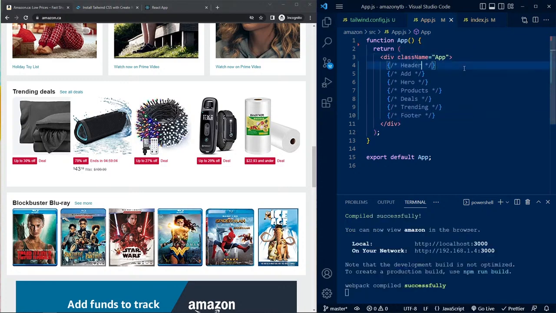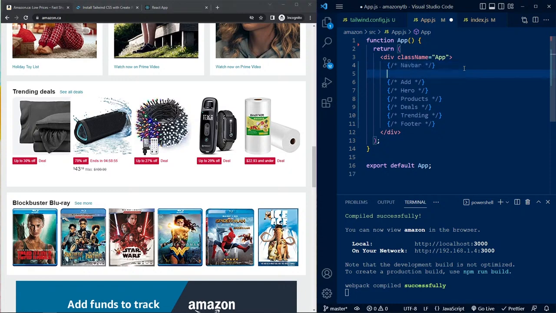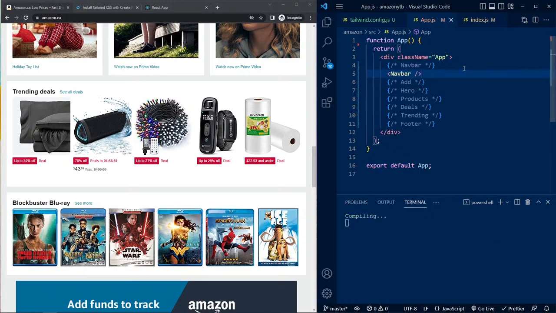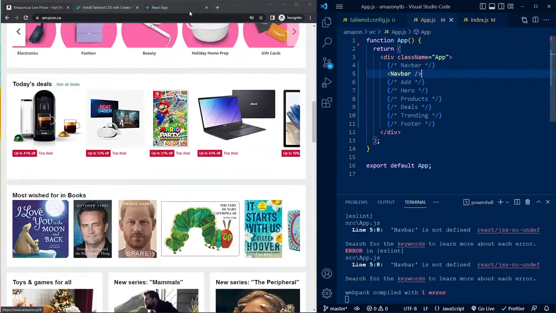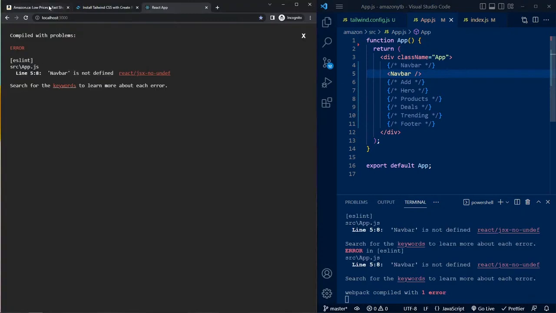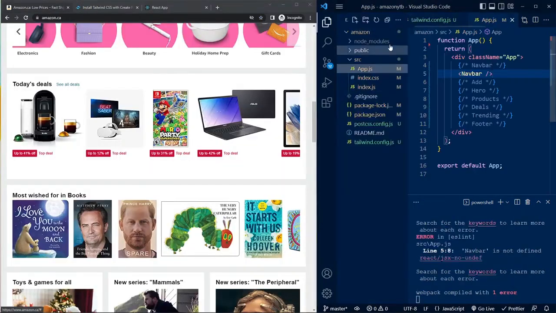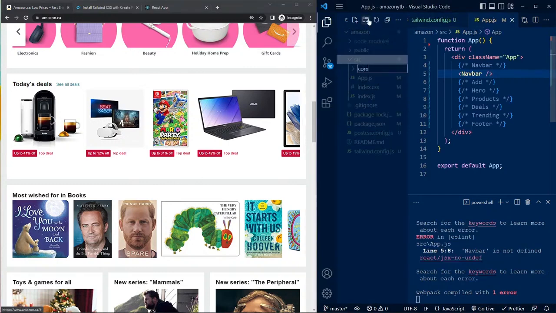I'll say this one should be nav. So NavBar, like this. And let's create a NavBar component like this. NavBar, save. And we'll get an error on our web page because we did not create a components folder. I'll Control B, and inside source we'll have a components folder, components, and inside we'll have a navbar.js,